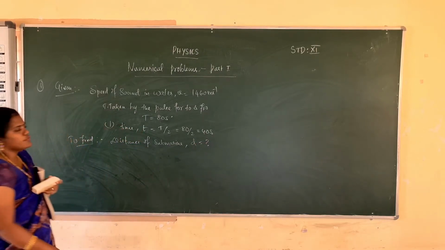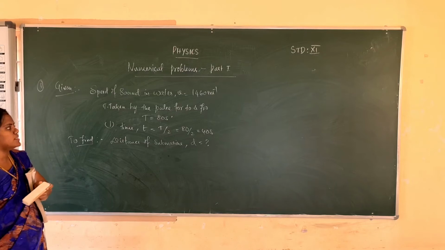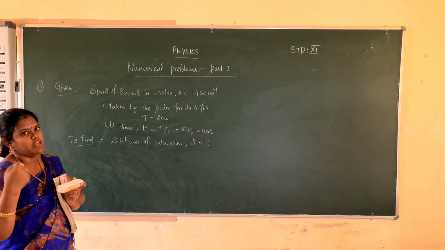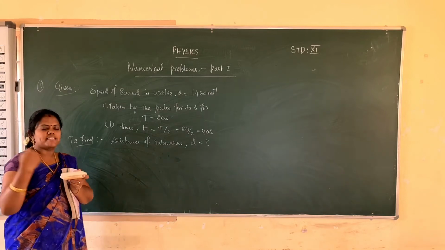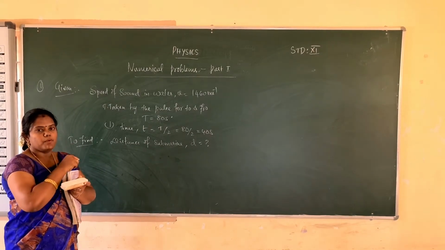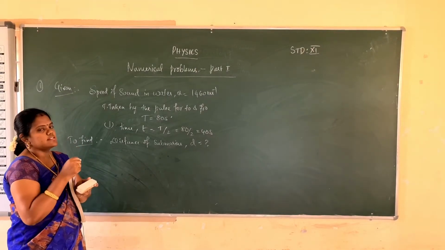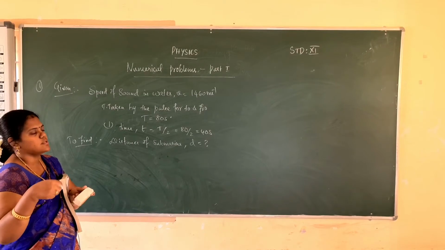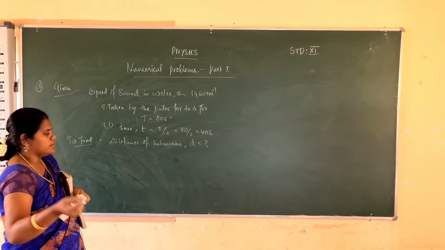Okay, what's the formula to be used in this problem? This is the radar method. So radio signals will be passing from one place to another place. Already in the book there is an example problem, but this is sonar, that is a sound. Sound signal will travel from one point to another point.